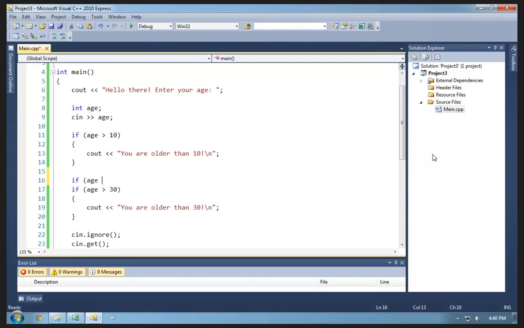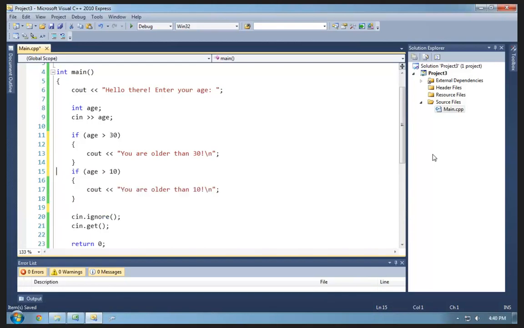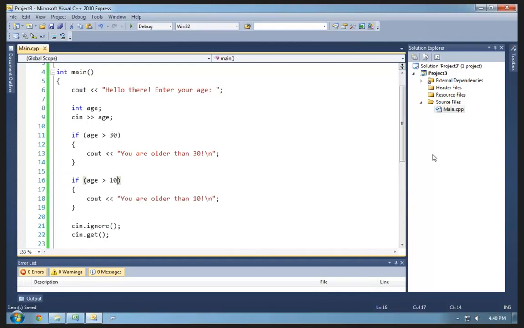So we can say if age is, hold on. We can say if age is greater than 30, and then if age is greater than 10 and age is less than or equal to 30,